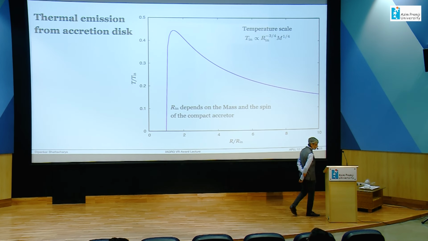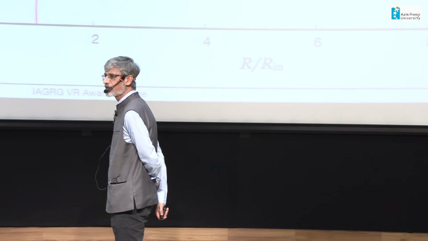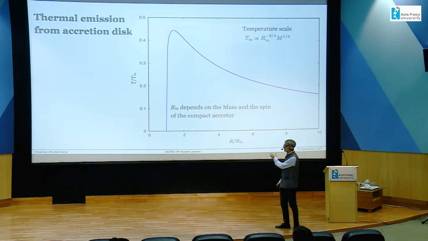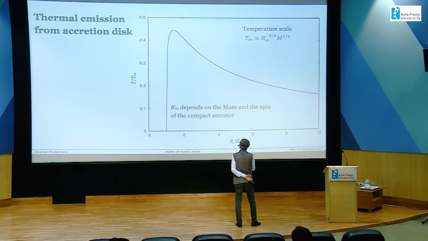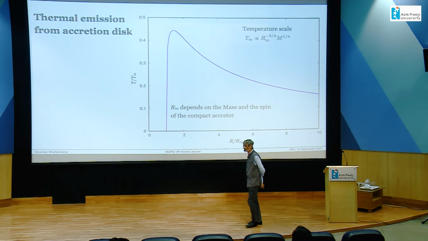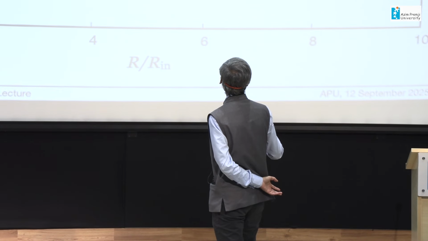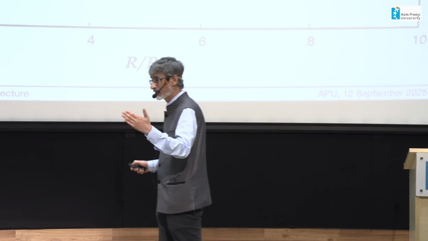So now let's get a bit closer to what we can observe. We looked at the accretion disk, and the accretion disk contains matter. You can consider those as particles going around the central black hole. They'll come closer and closer, and the disk gets hotter and hotter. So this is the temperature profile of a disk coming from outside to wherever the inner radius is. As I already mentioned, the inner part is hotter, and the scaling temperature here actually becomes larger if the inner radius is smaller for the same mass.